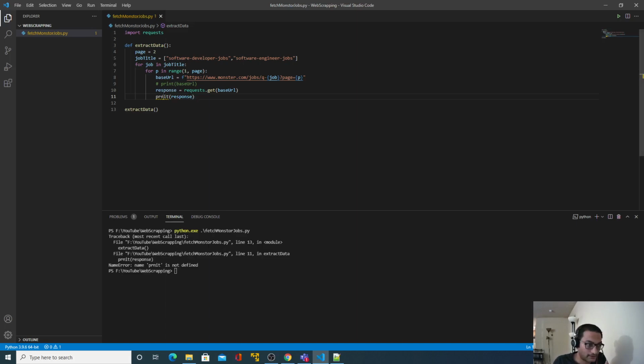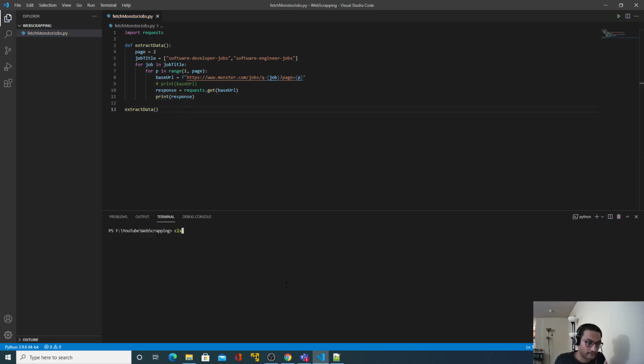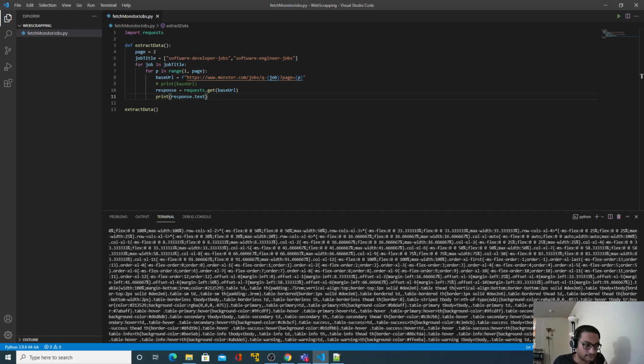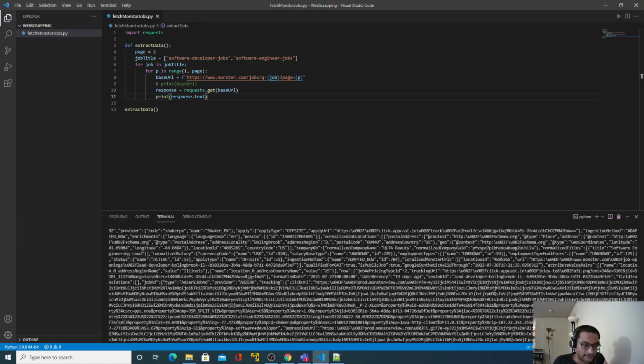Oh, I made a mistake. Print. Perfect. Response 200 means that it succeeded. All right, and if I want to see the text, I can use the text also. Perfect.